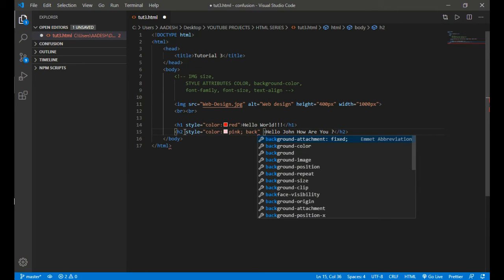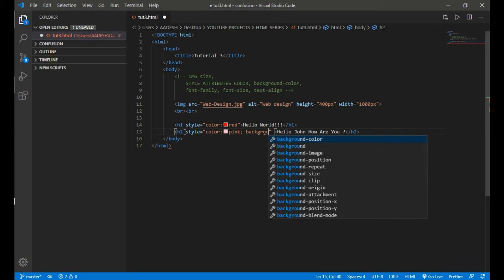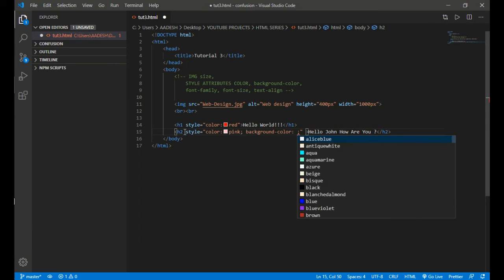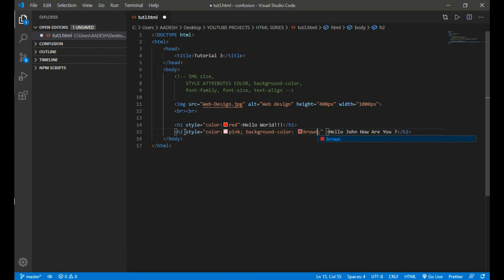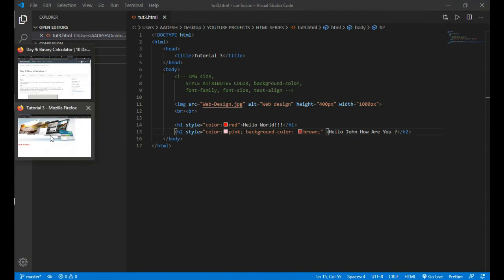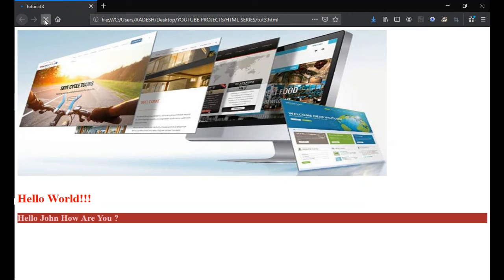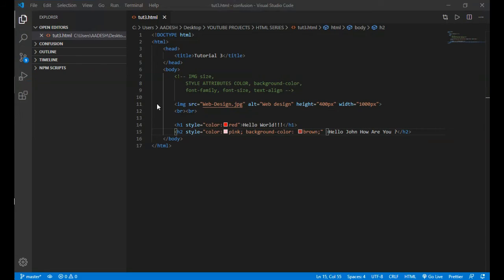Another attribute we can add by using a semicolon, background color. And which background color do we want for the H2 tag? Let's say brown. Control S, go back to the browser, refresh the page, and you can see the text in pink color and the background of that H2 line section is brown.